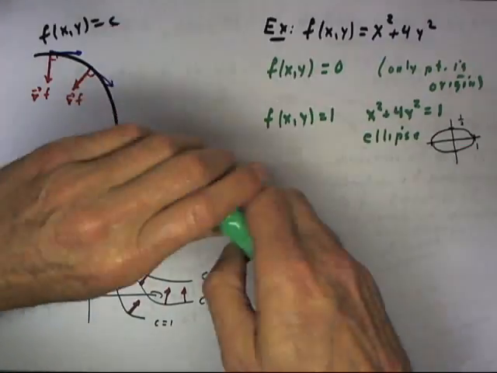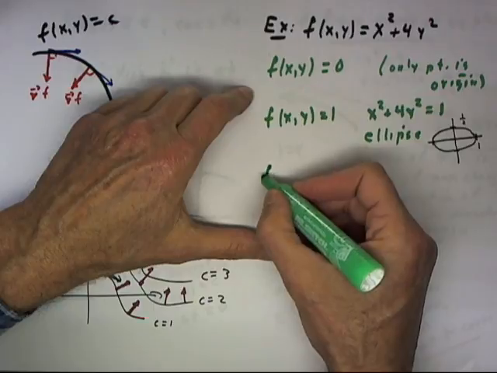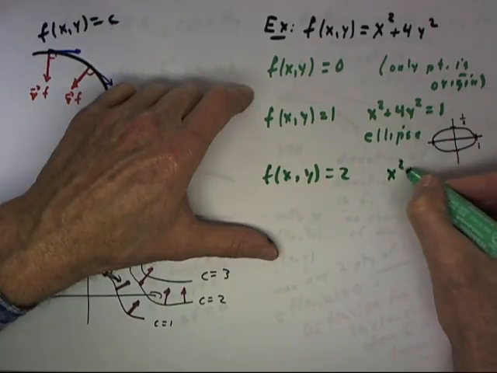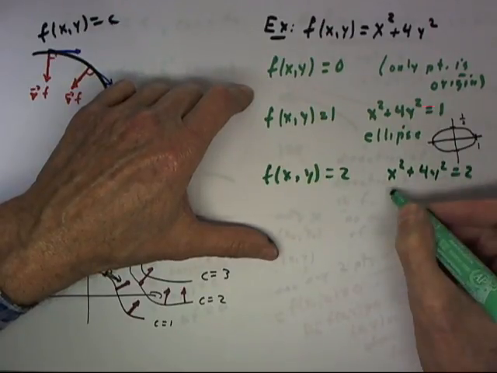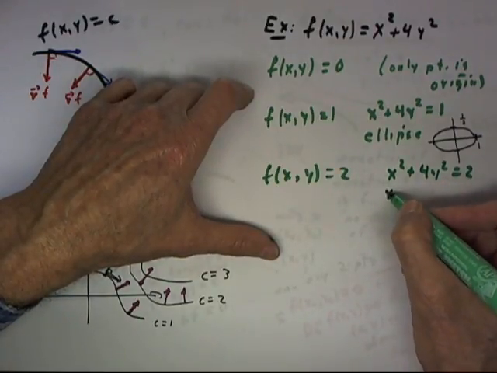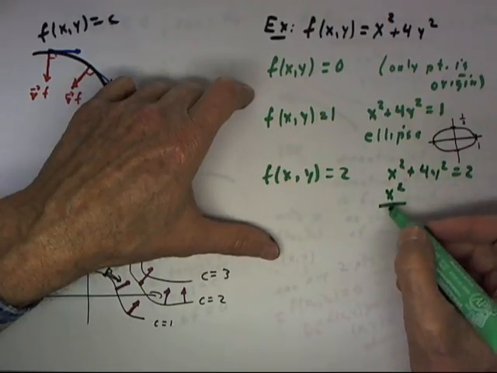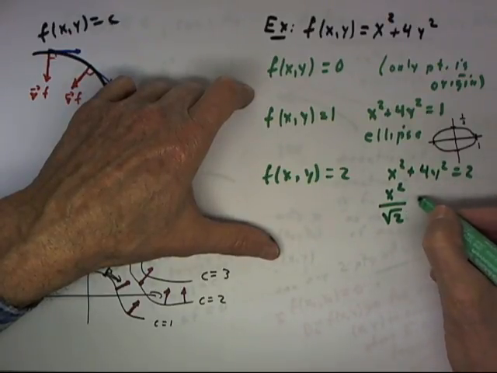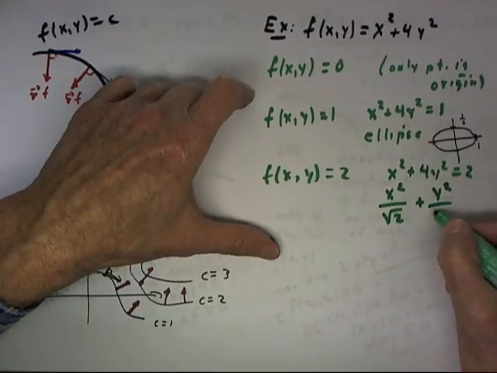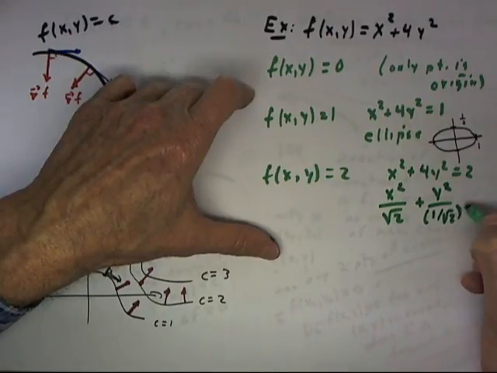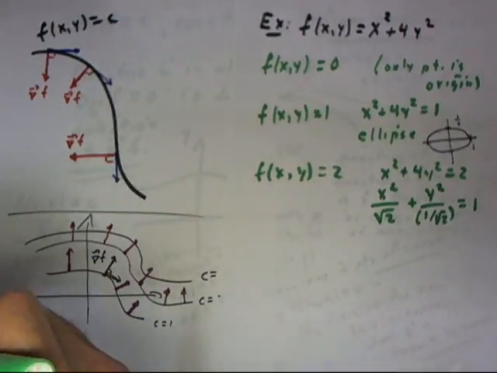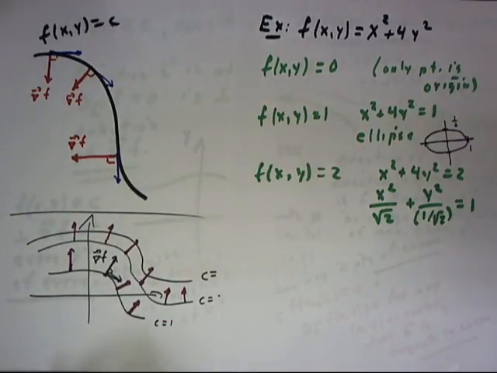Now, if we go to f of x, y equals 2, well, that's x squared plus 4y squared equals 2. That's 1/2 x squared plus 2y squared equals 1, and that would be x squared over square root of 2 plus y squared over, it'd be 1 over the square root of 2, which would be square root of 2 over 2. And I'm not going to go through the rationalization of that denominator. I'm simply going to say that that's an ellipse